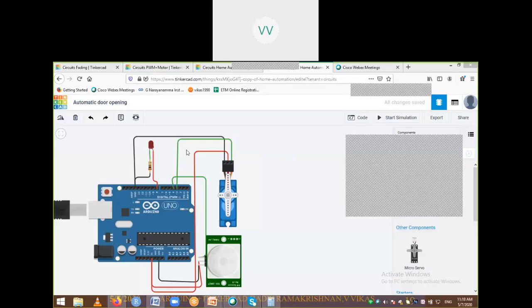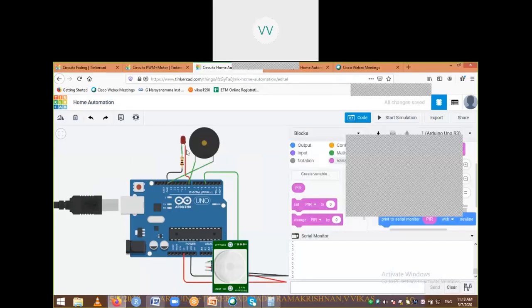Okay, that's good. Now I'll stop at this point and I'll request Badri sir to join and explain the concept of relay. We have done home automation using LED, but in real time, when I say home automation, I cannot use an LED. I need to connect or control a bulb which works with AC. So sir will take over now and he will explain the concept of relay and show an example. Okay, Badri sir.